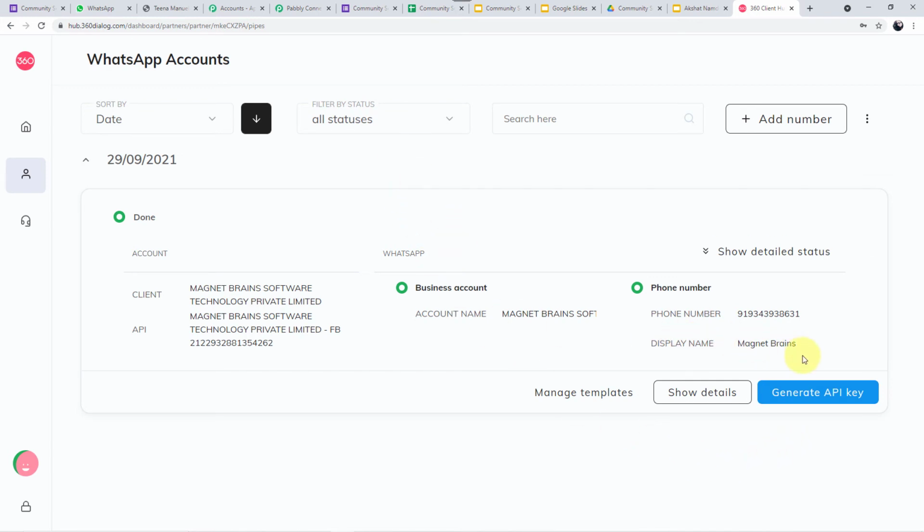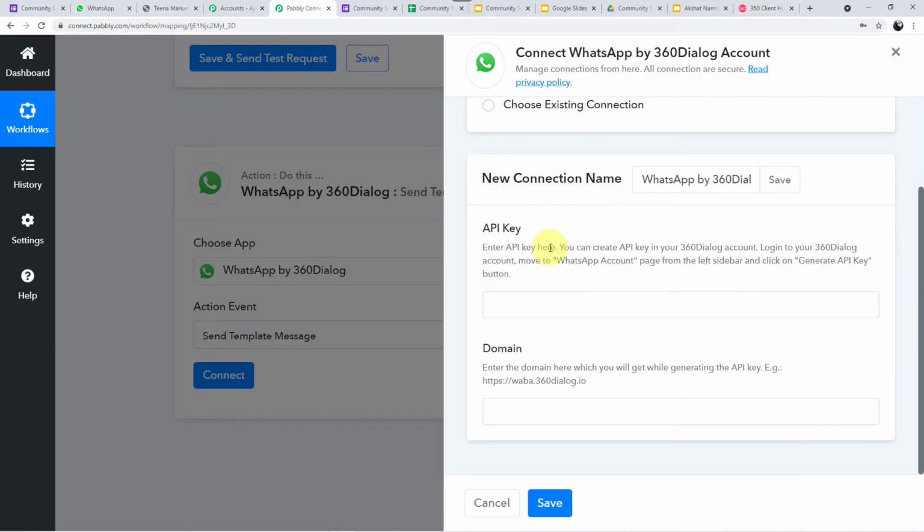And you have to copy that key afterwards and paste it here in this API key field. And in the domain, you have to put the domain name which will look like this. So you will get this domain while generating the API key. Or in major cases, the domain name will remain the same. So you can paste this also here. After filling these two things, you just have to click on save and your connection will be connected with Pabbly